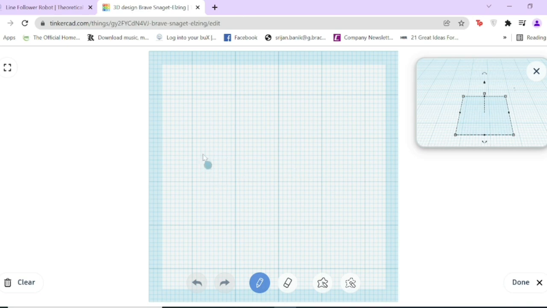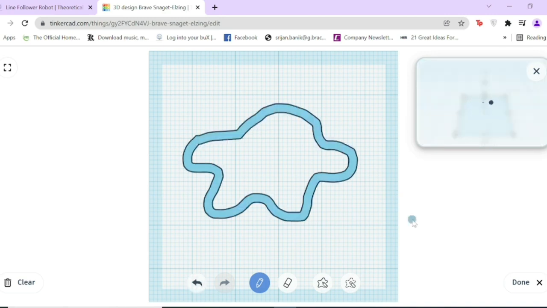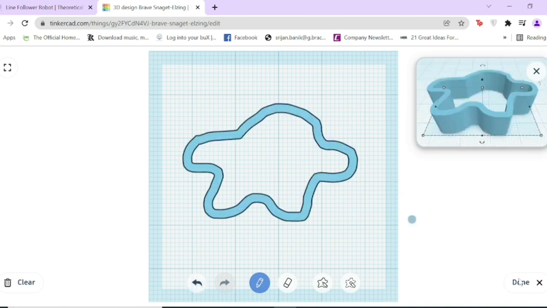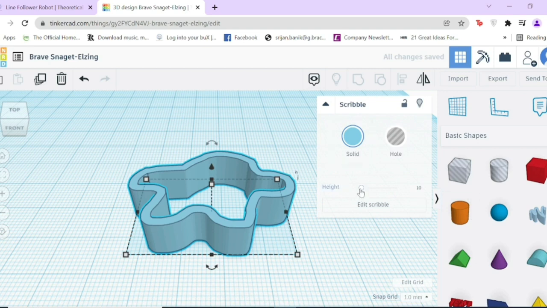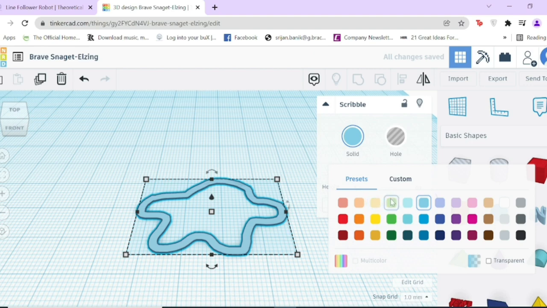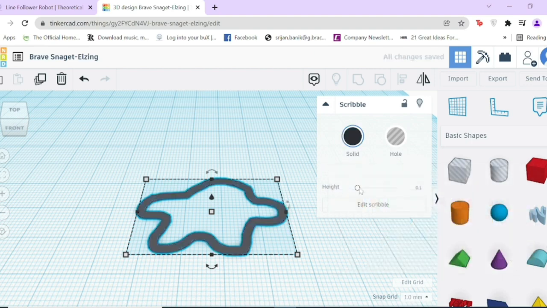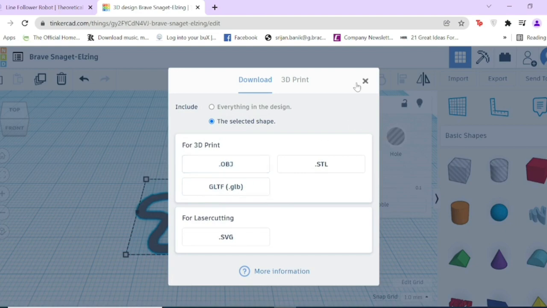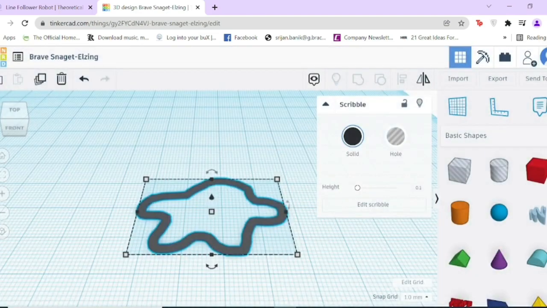And now we have to draw the path. So here we can draw a path which the robot will follow, and then we can proceed further. So we can reduce the height to 0, and also we can change the color of the solid. So I'm doing it black, and after that we can export the 3D model of the path, and then on